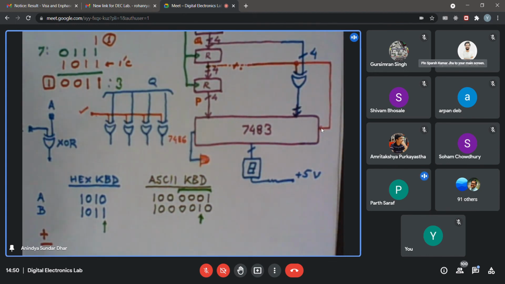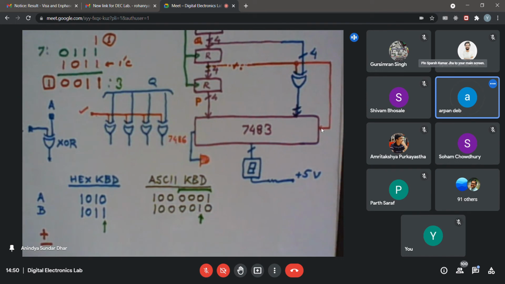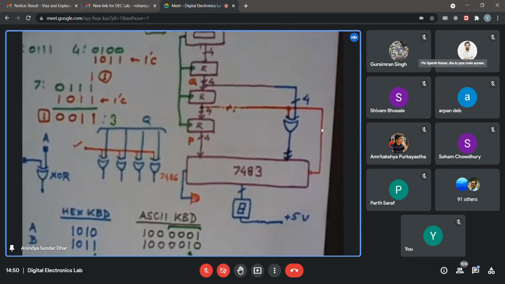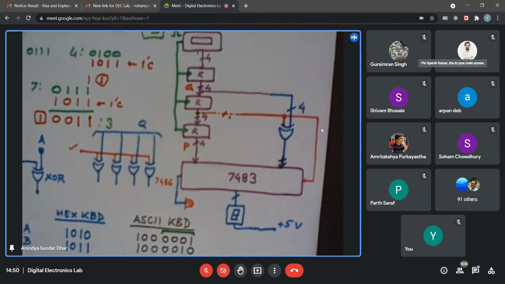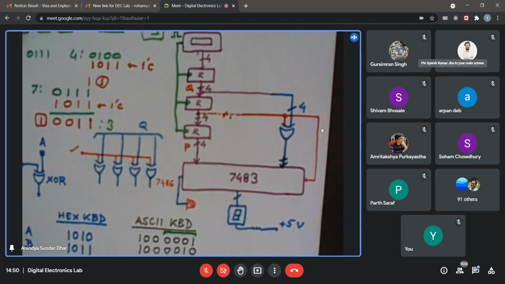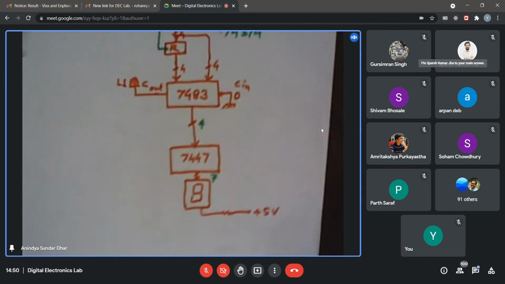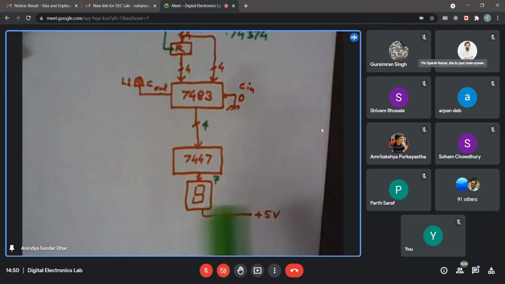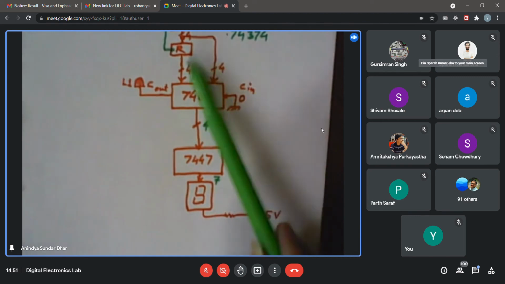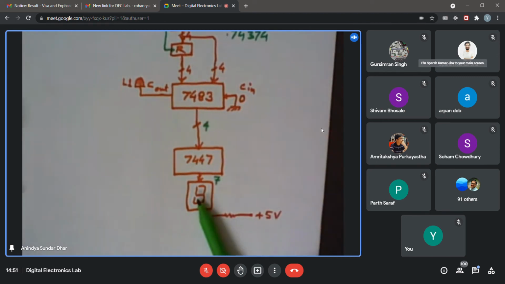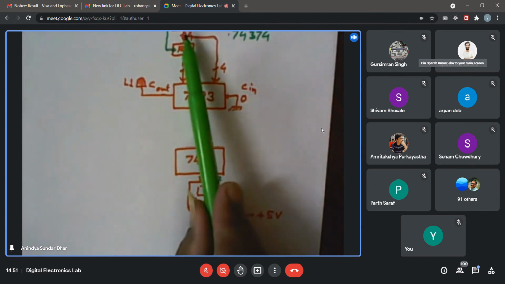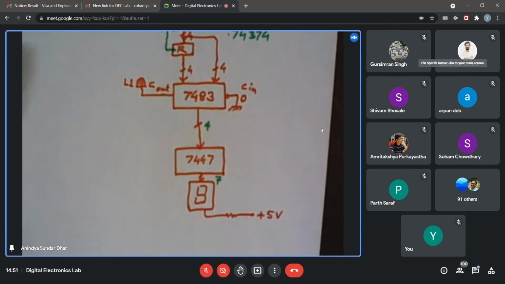Okay, sir, can you repeat about the submission, what we have to submit and what is the deadline? Okay. First thing is, if you have submitted it earlier, you already have the previous structure where there are two registers coupled with 7483, the 7447 and 7 segment display. So you need to add only a single 4-bit register in between.